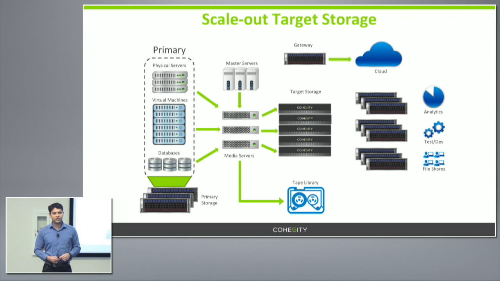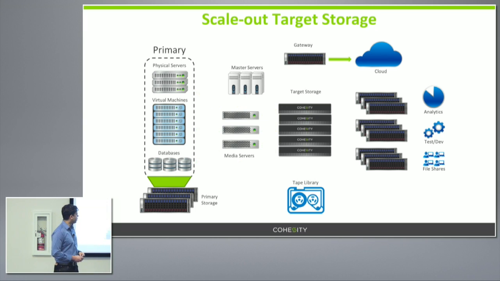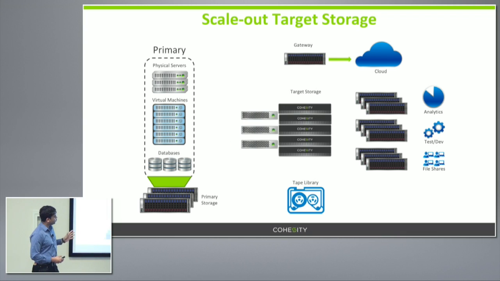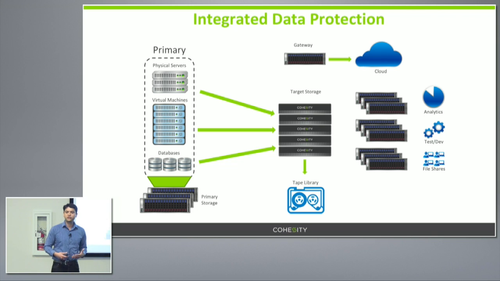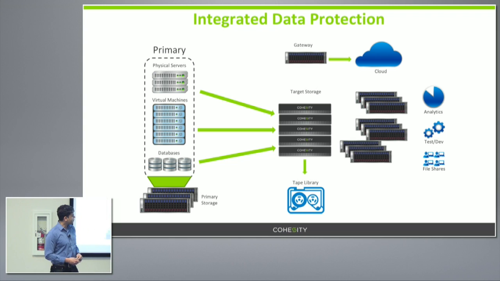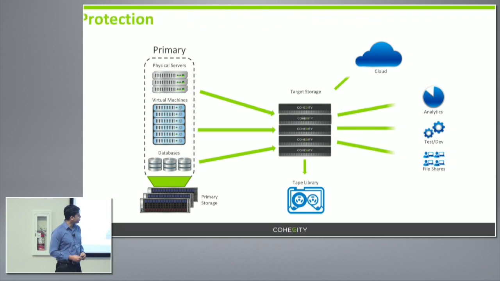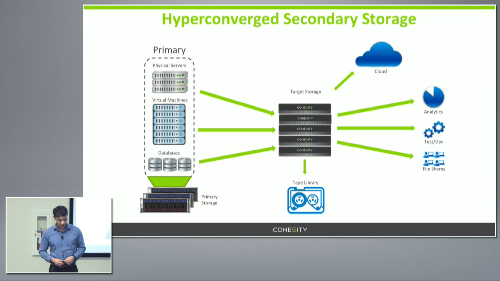The next thing they can do is use the backup software that comes embedded in the Cohesity and start using that for their backups. And so the master servers and the media servers, all that functionality gets put into the Cohesity, and the Cohesity can also manage your tape devices. So we provide a single pane of glass to manage all that. The next step might be to even get rid of the storage on the right and get rid of those copies, and start using the cloning technology in the Cohesity to do that. And in fact, the Cohesity can also act as the gateway to the cloud and do cloud integration for you.